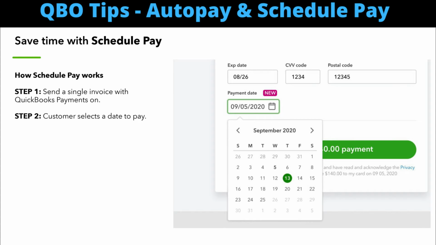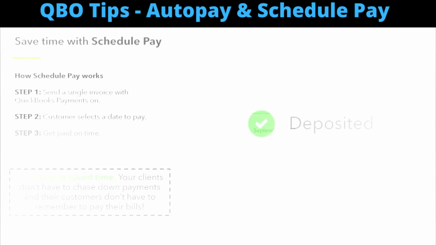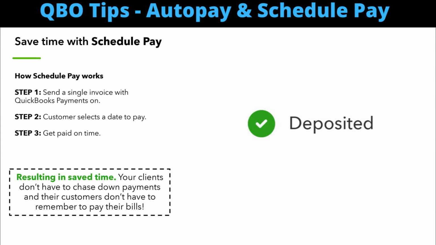Now, when your customer goes to pay online, it allows them to schedule out their payment. This way, they can see your invoice and when it's due, and they don't have to remember to log back in closer to the due date if they aren't paying it right away. Less touches for them and less things for them to remember means less will get lost in the shuffle, and ultimately, you get more timely payments.